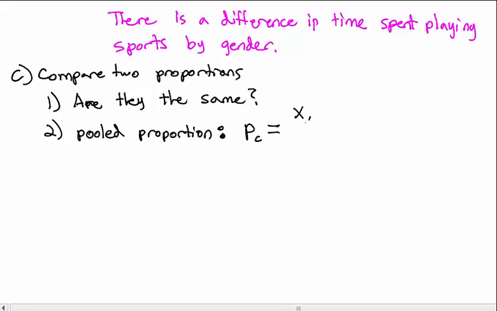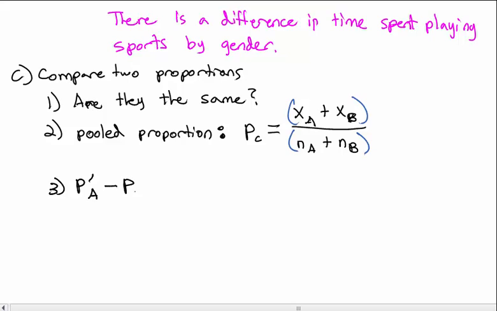So we take the number that's supported from group A plus the number in favor from group B, and divide it by the number that's supported from group A plus the number that's supported from group B, probably needing parentheses on the calculator to make sure it divides in the right order. So we get this pooled proportion that says there's no difference, here's the proportion of everybody. Not the two groups, but the proportion of everybody. Once we know that,